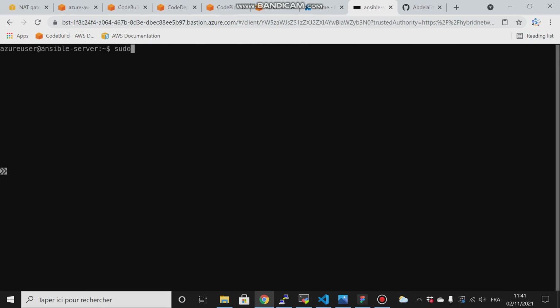So I will type sudo apt-get update, and let me become the root first, because I have to install Ansible as a root user, not a regular user. So I have to type apt install